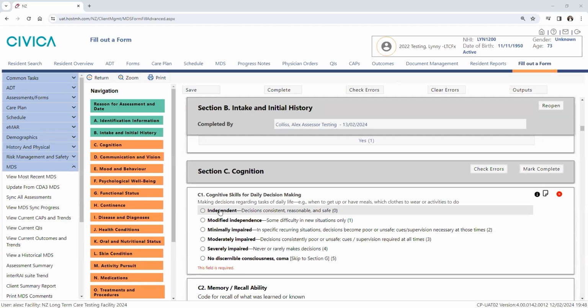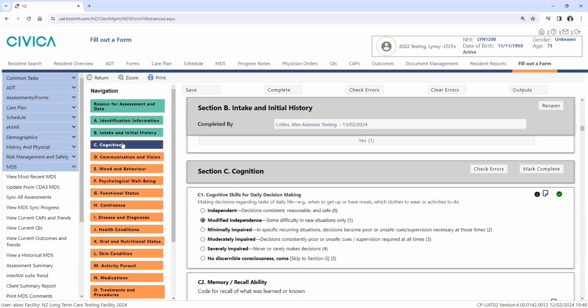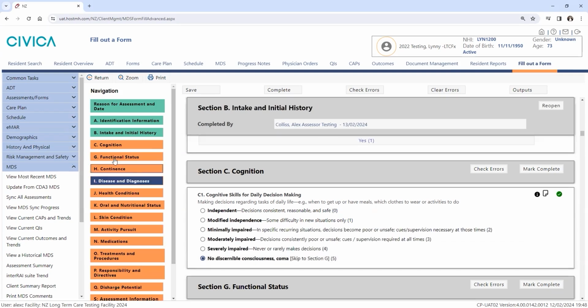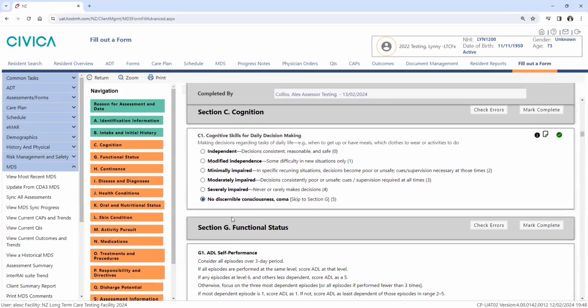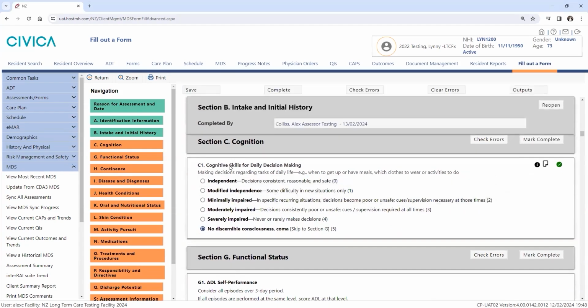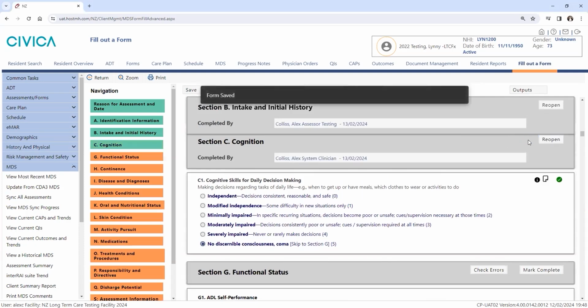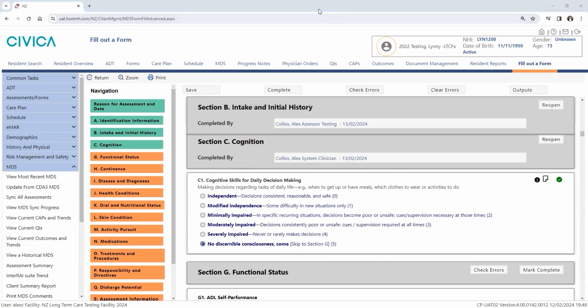In the new SPA, if you code C1 as 5, the software automatically collapses your view of those 3 unneeded sections. You can see when 1 is coded, sections D, E, and F are visible, and then when 5 is coded, sections D, E, and F, and the rest of section C's questions are no longer visible, and the single page application will allow you to scroll straight from C1 to section G as seen here. After coding C1 as 5, you can mark complete the entire section as the remaining section C questions are no longer in view and not required to be completed.